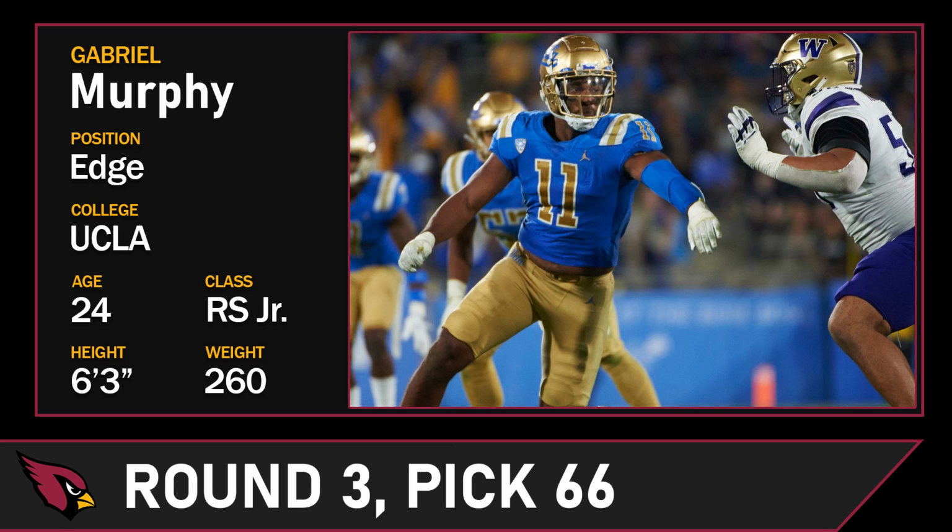Next, we come to the third round, pick 66, and I am going with another edge rusher here, but I'm going with a specific player for a particular reason. At pick 66, I have the Cardinals taking edge rusher Gabriel Murphy out of UCLA. Murphy's 24 years old. He's 6'3", 260 pounds, but there's a specific reason I took him, and I tweeted about